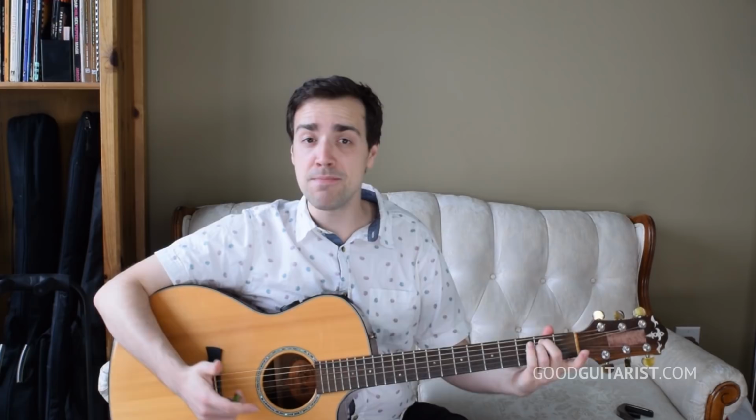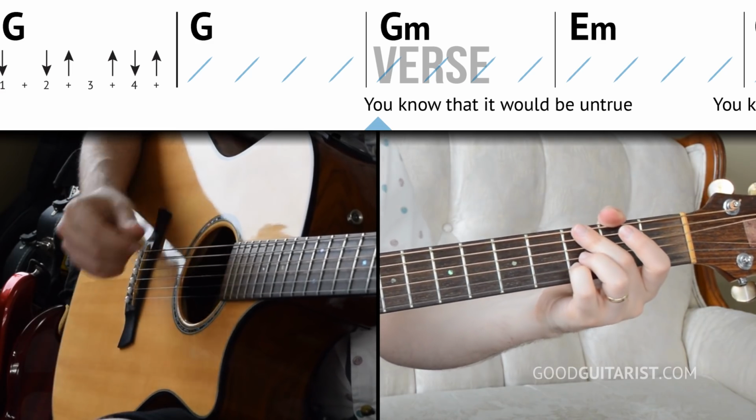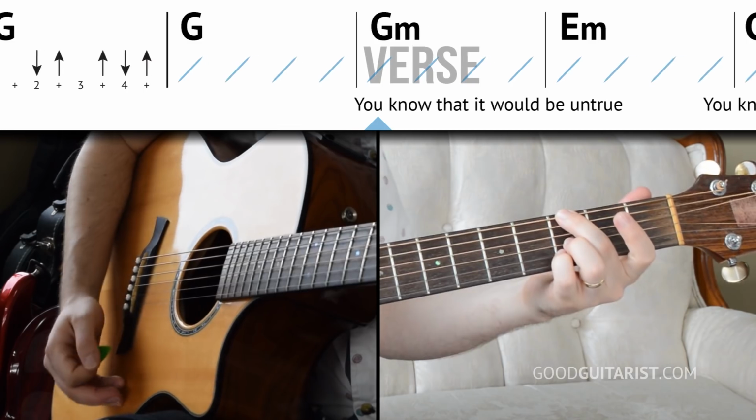Anyways, we have our 2 chord shapes, the G minor and the E minor. We have our strumming pattern. We're going to do it 1 time on each chord, and that's the entire verse. Let's just try that out. 1, 2, 3 and 4 and